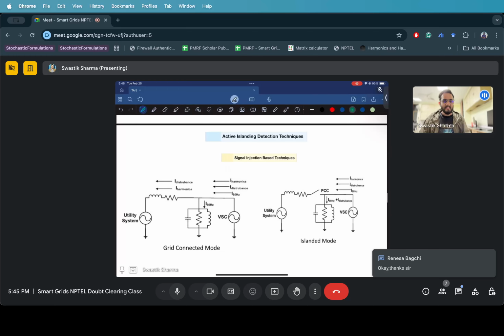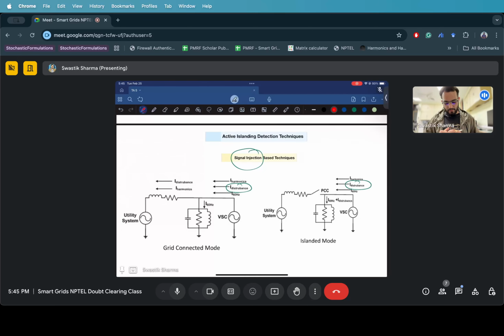In the active islanding detection technique, what we usually do is inject some signal and check how this signal is propagating through our system, if at all it is propagating or not. So the first thing we can do is signal injection. We should not call it a disturbance as such, but let's call it a disturbance, as given in the figure. It is not an ideal way to say it because it's not purely relevant for our disturbance, but okay. So from the perspective of this inverter,